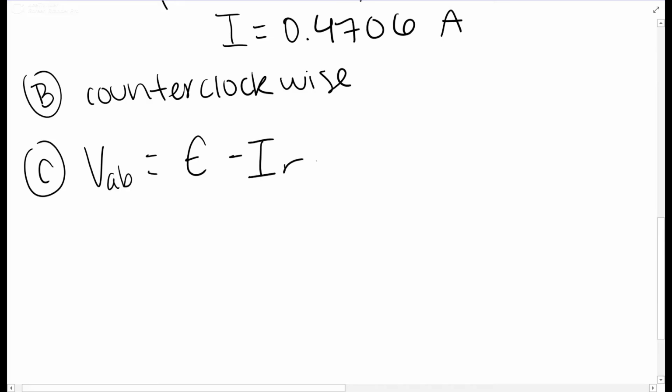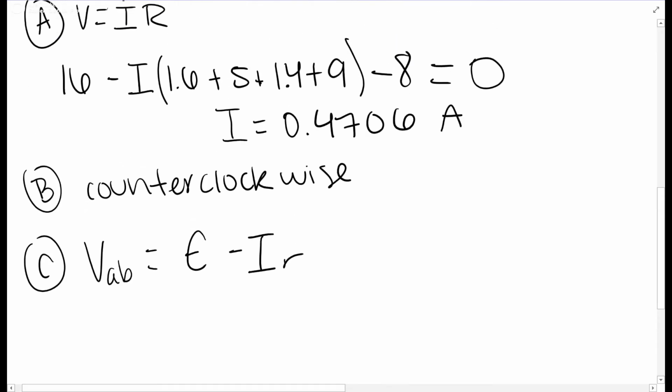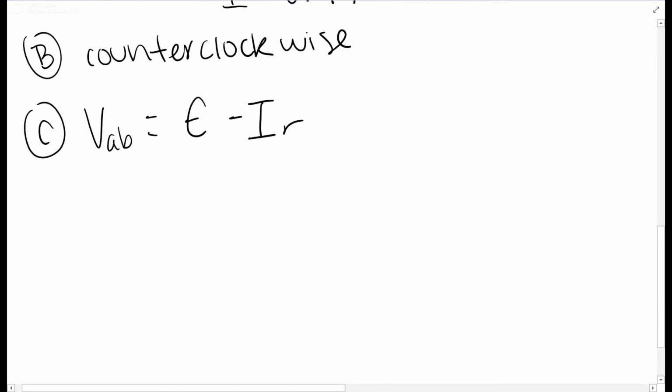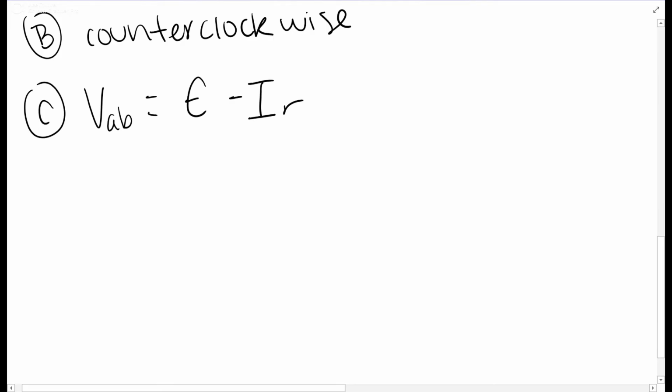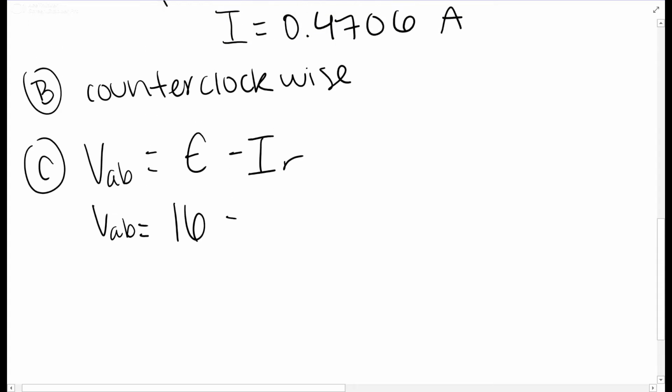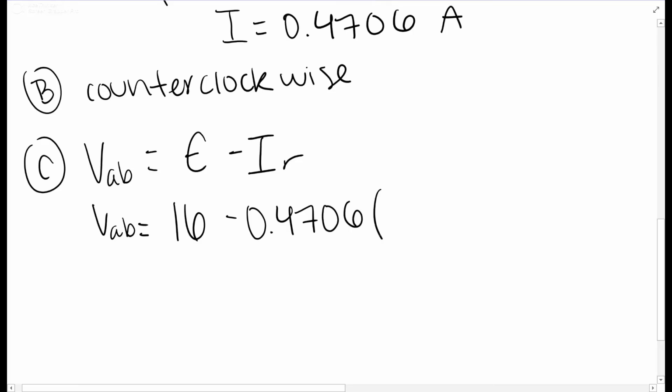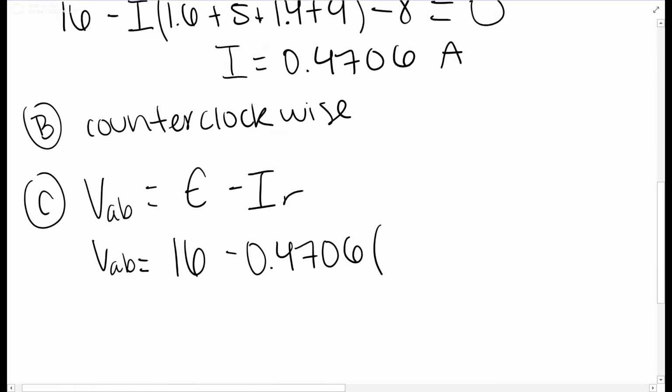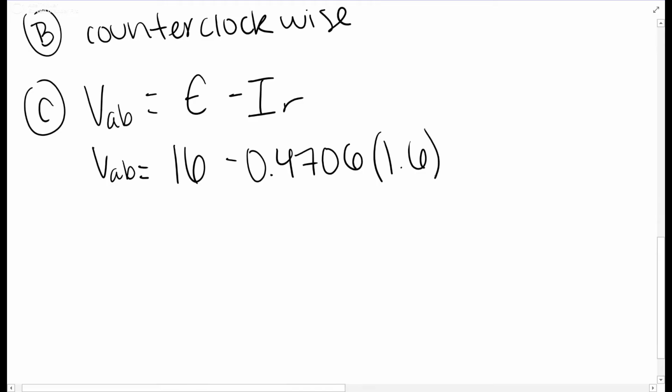So we have E, in this case not like energy, but it's the exact same thing as voltage for this battery. So it's 16 volts minus I, which we just found ever so nicely, times R inside that battery, which is 1.6. That's the whole thing,